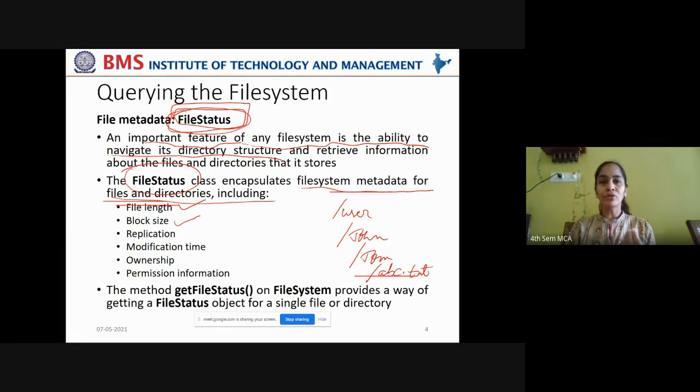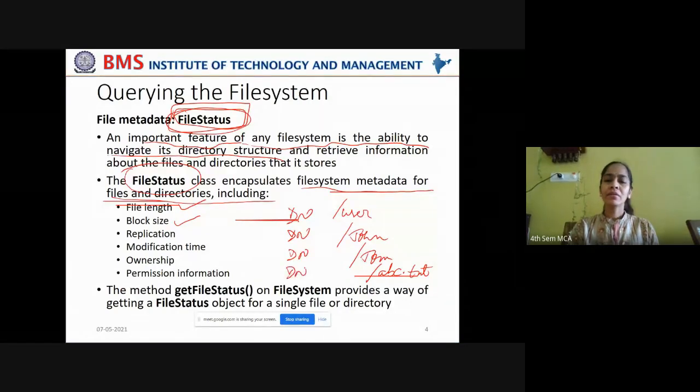If you want to store the file in a fragmented format, what do we mean by fragmentation? You divide the file into multiple fragments, multiple parts, and you distribute those parts onto data nodes. Each data node is a system that is deployed on a cluster.